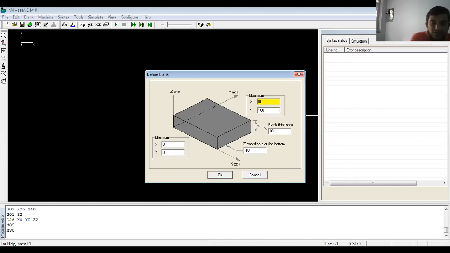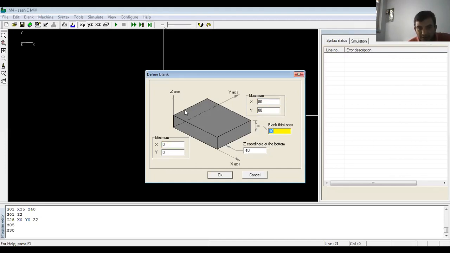Take the y axis also as 80. It can be any positive value, but it should be greater than the actual component size or finished product size. The minimum value should be 0, 0, because the bottom left corner is the origin.